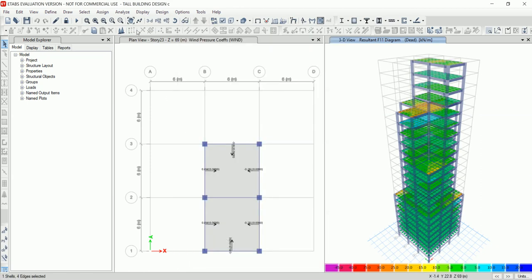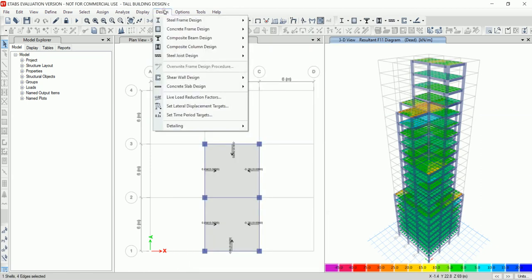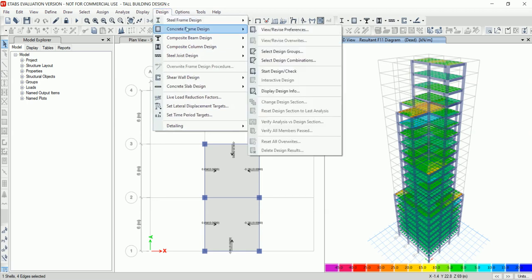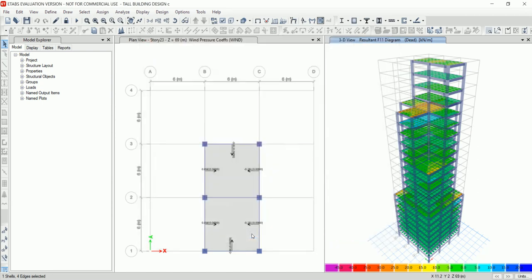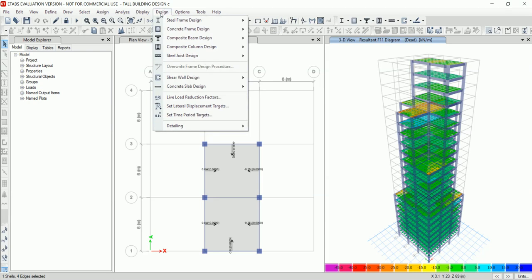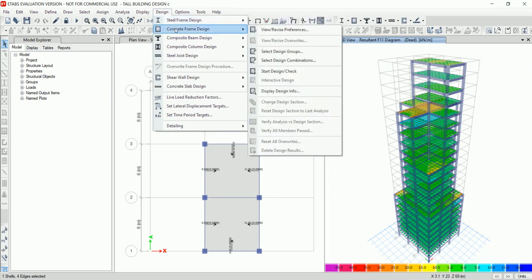Now go to design. Click on concrete frame design. Then click on view revise preferences. Make sure that the design code is IS 456-2000. Now click on OK. Now go to design. Then select concrete frame design.